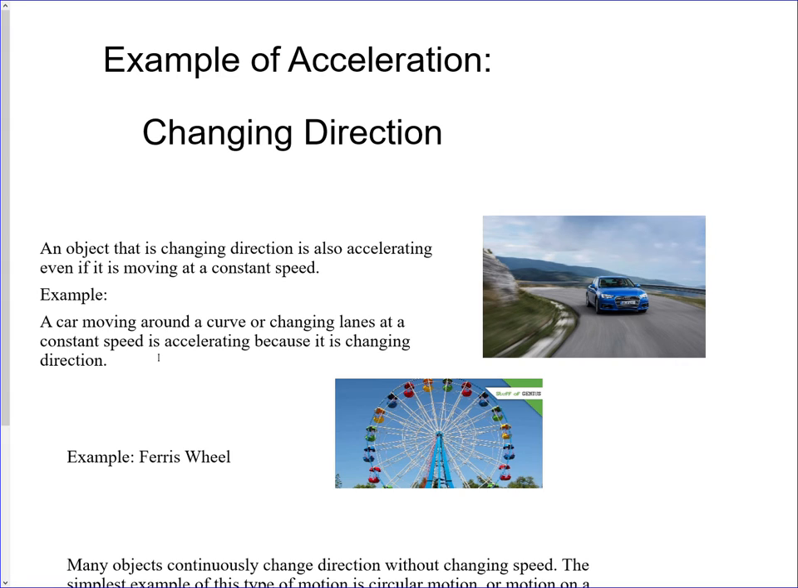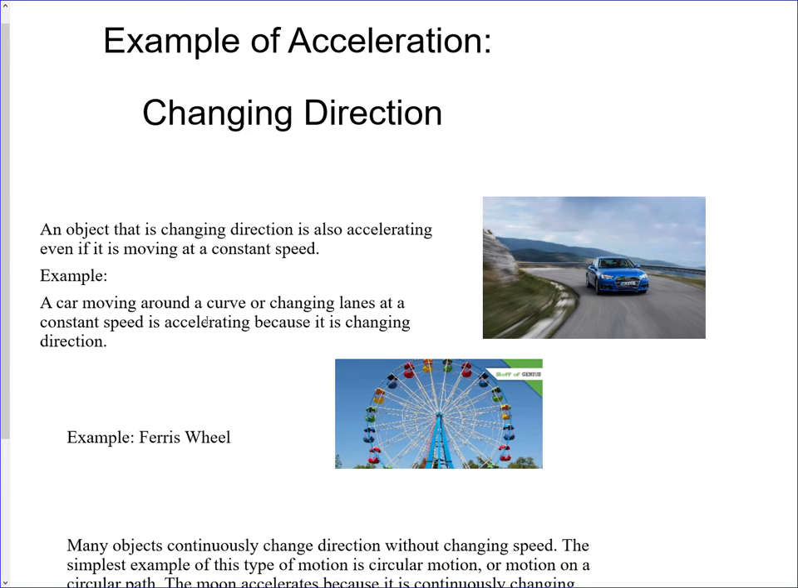Our next example of acceleration is changing direction. An object that is changing direction is also accelerating, even if it is moving at a constant speed. For our example, a car moving around a curve or changing lanes at a constant speed is accelerating because it is changing direction. So if we look at our car,